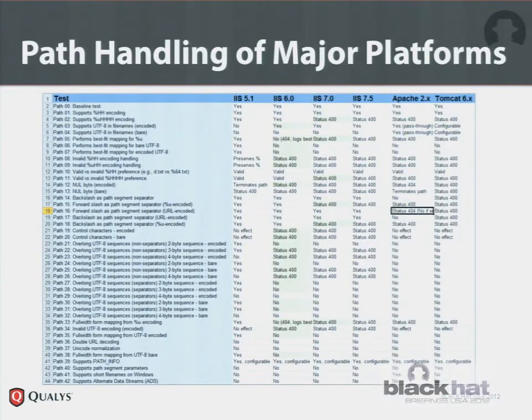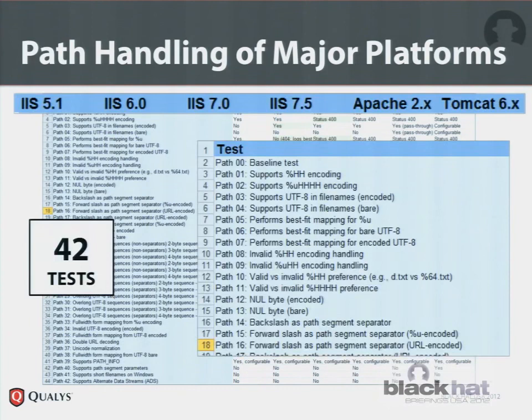I've tested several versions of the IIS web server, the Apache web server, and Tomcat. If you look at this table, you see there are a number of tests, and chances are in your particular environment, you will be able to find an evasion technique that's effective against that web server. And then the only question really is, is the web application firewall good enough to deal with the evasion issues?